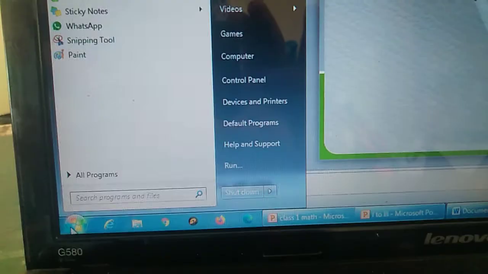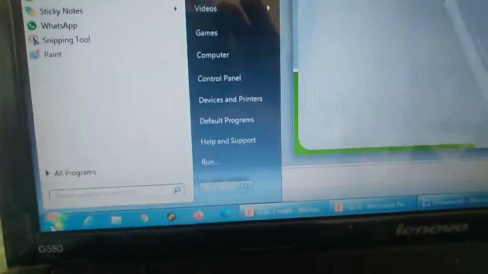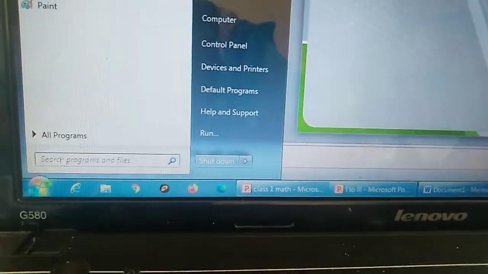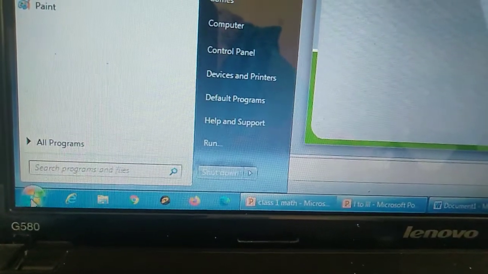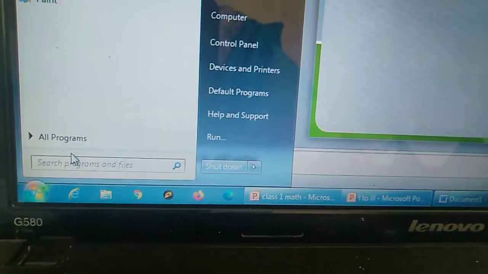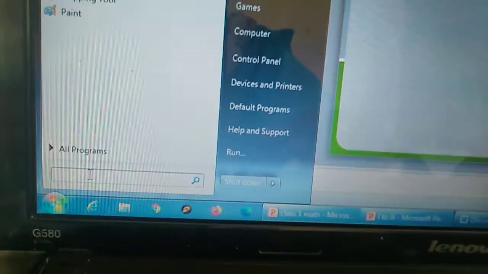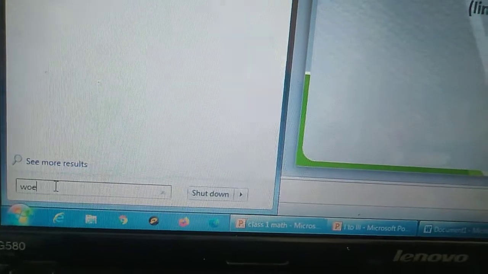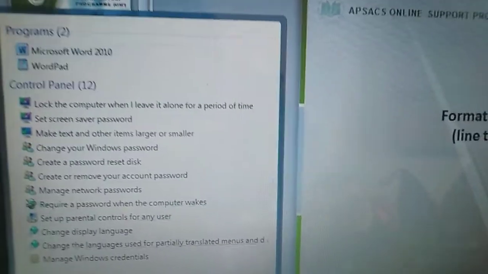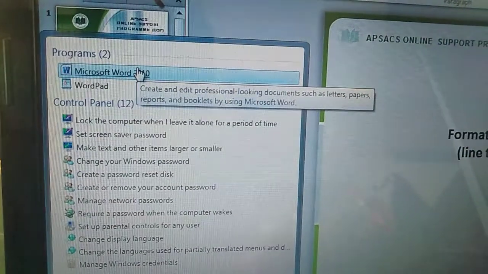Let's see. Students, first of all, go to the start button. Where is the start button? Here is the start button. Then write here Word. Then at the top of your page, Microsoft Word is there.